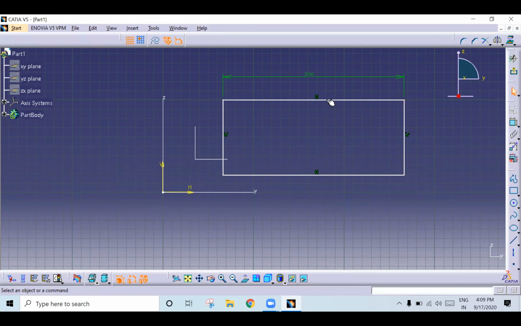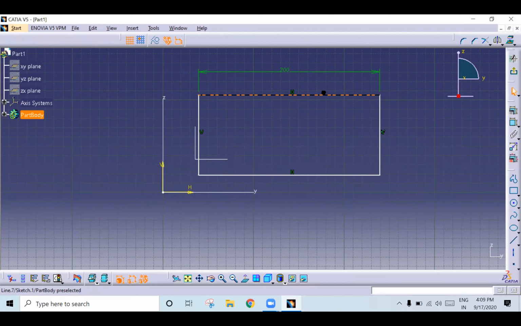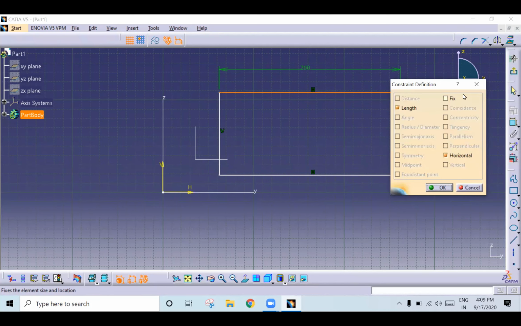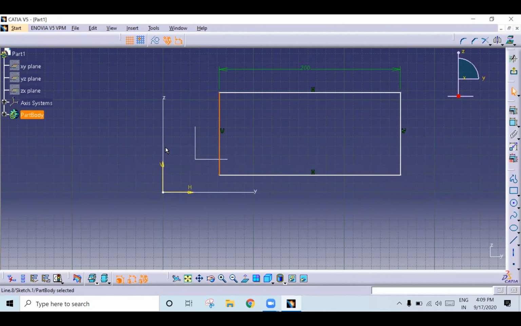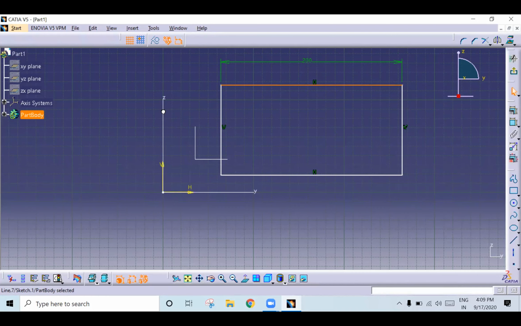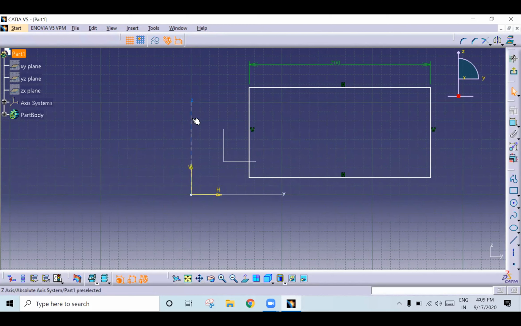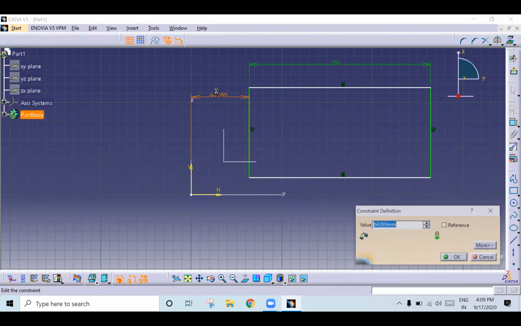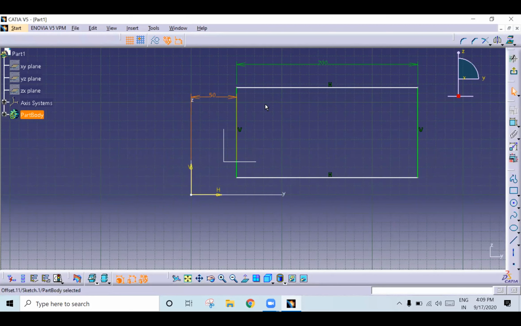So which is next one? Yes. Length. So length, distance. So first is distance now. So distance means if you want to give distance between this and this axis, see whichever the sketch you will create, that should be created with respect to this origin. Okay, you just keep in mind. Okay, so I will show you how to give distance between these two. Nothing is there. Simply click on constraint, select this axis, then select this line. It will give the distance. See, double click and you can edit it. Got it? Okay, so which is next one?